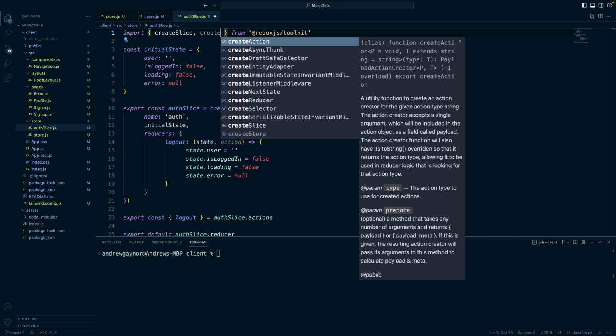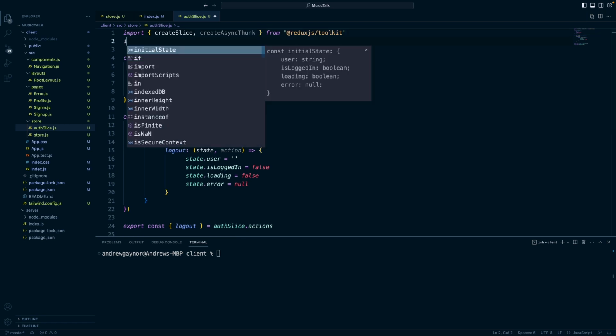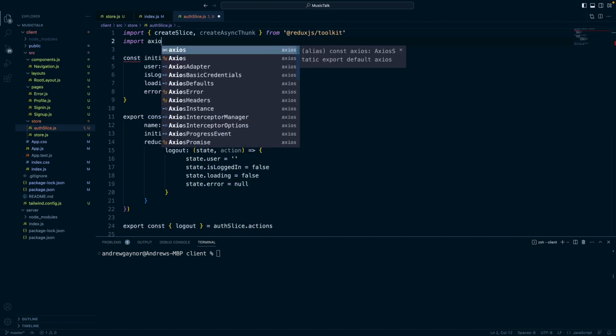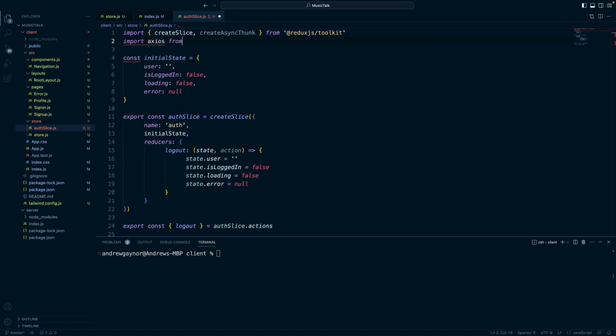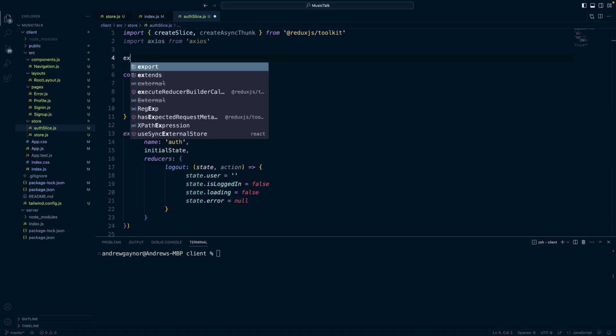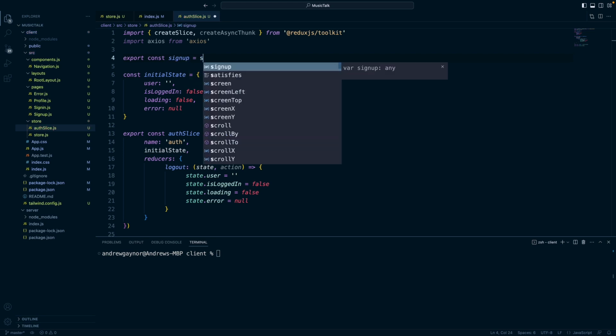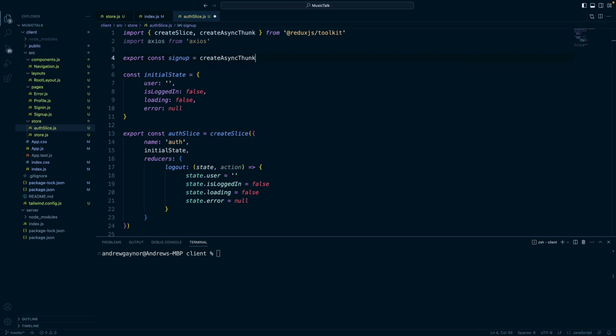So create asyncThunk. And we'll also import Axios from Axios to make our API call to our server. Then up here, outside of our slice reducer, we'll export a const. We'll call it signup. That will be equal to createAsyncThunk,